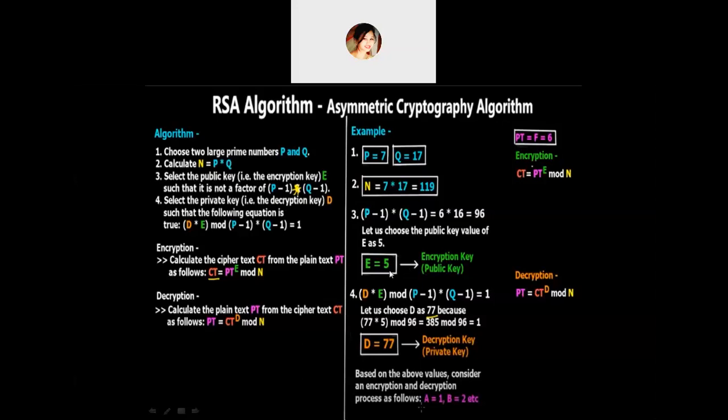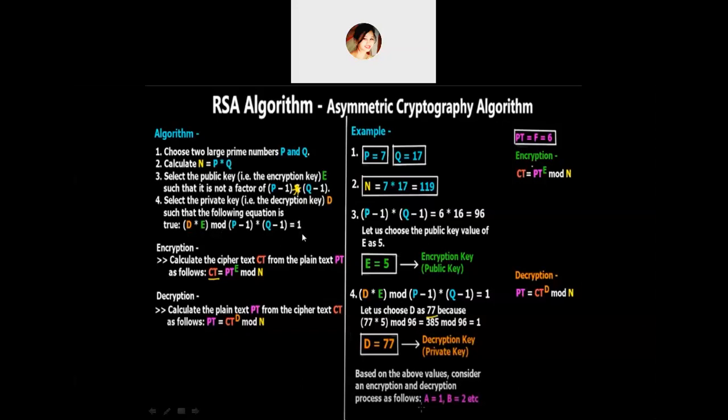Now I have to select the public key, right? I have selected the public key E as 5. I'm using it as 5 because I've already calculated it taking these conditions. So E equals 5 I have considered. Now using E equals 5 in this equation, that is D into E, you also have to satisfy the fourth condition, such that you select the private key D. How D is selected, let us now calculate it. Say I'm using D as 77.